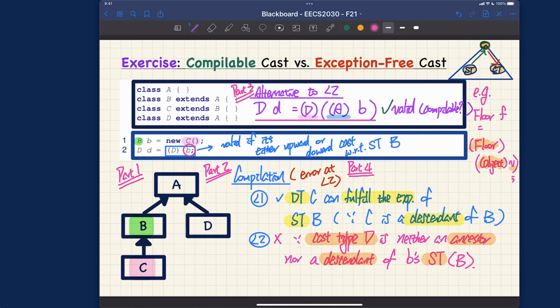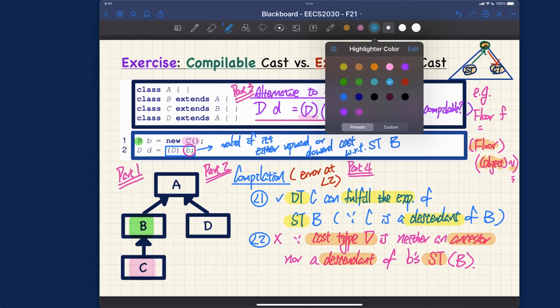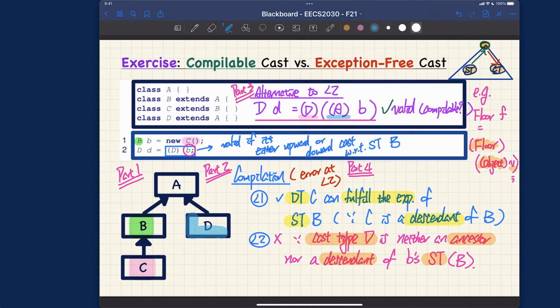Indeed, we're going to, because you can see we managed to actually cast eventually into this type over here, D. That's what we managed to do. But now, at runtime, when we actually try to cast eventually to D over here, eventually, so dynamically it's C. Can C fulfill the expectation on the cast type, which is D? The answer is no, it cannot. So that's why we're going to run into class cast exception. Okay, so class cast exception,